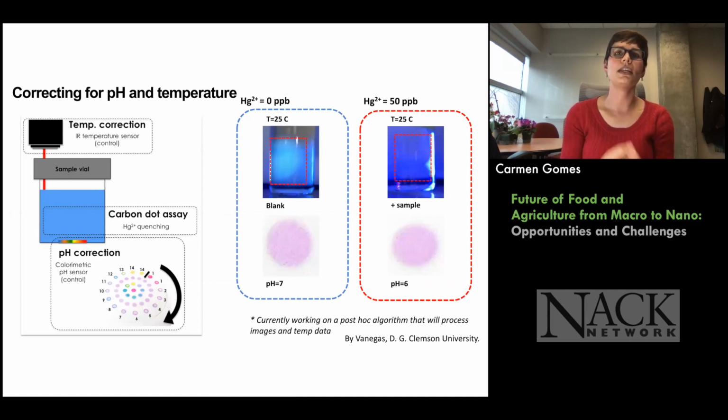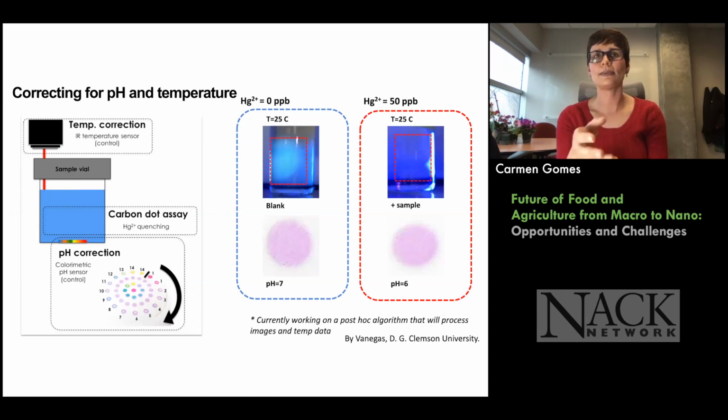And at the same time, she corrected that interference, correct the reading of the carbon dots with pH by using a colorimetric pH sensor that is based on anthocyanins from cabbage. So anthocyanins are the pigments that give color in cabbage, the purple cabbage. So she extracted that and used that as a pH sensor because anthocyanins can go from dark blue all the way to transparent based on the pH range. And she used that to be able to measure mercury in water. And again, with the help of some developed algorithms, she was able to process the data using a smartphone app.